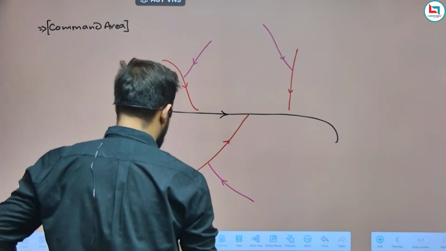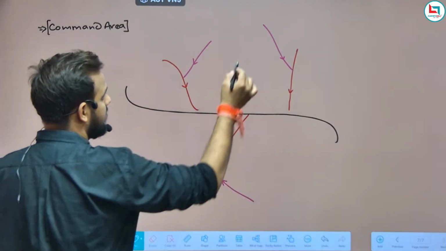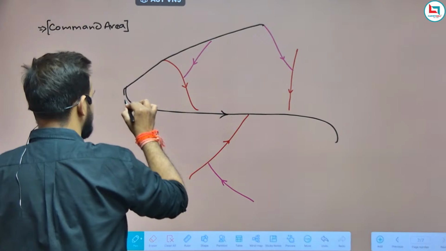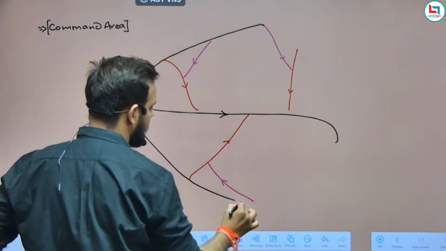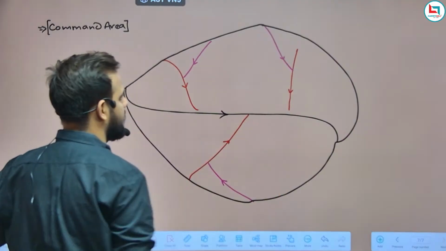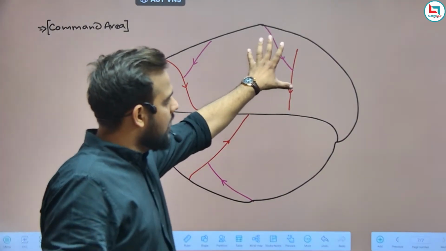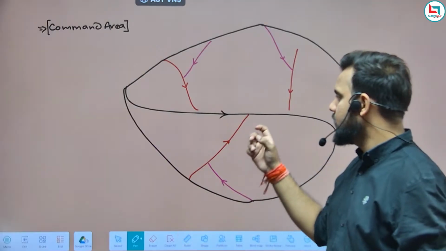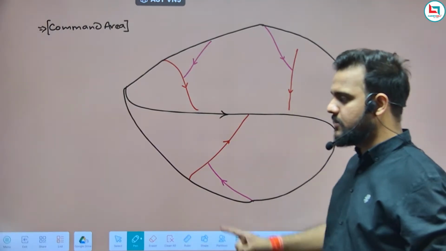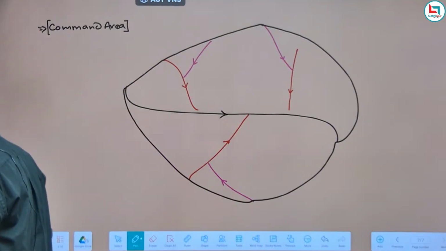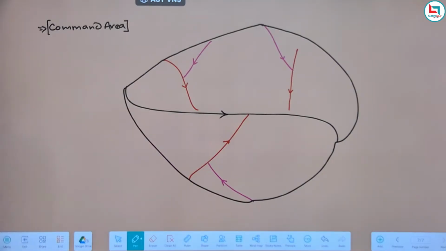So in the drainage basin, we connected the extreme points like this. This was the drainage basin. And we know that in the drainage basin, the major source of water in this particular area is the main river or its tributary. Now guys, when we talk about the command area,